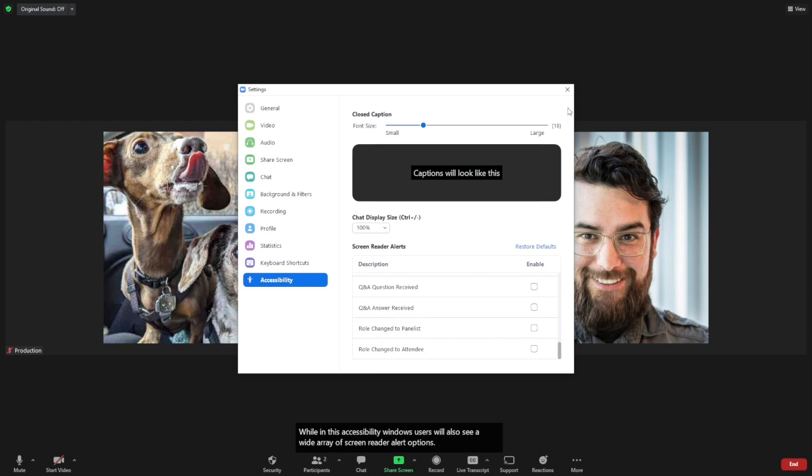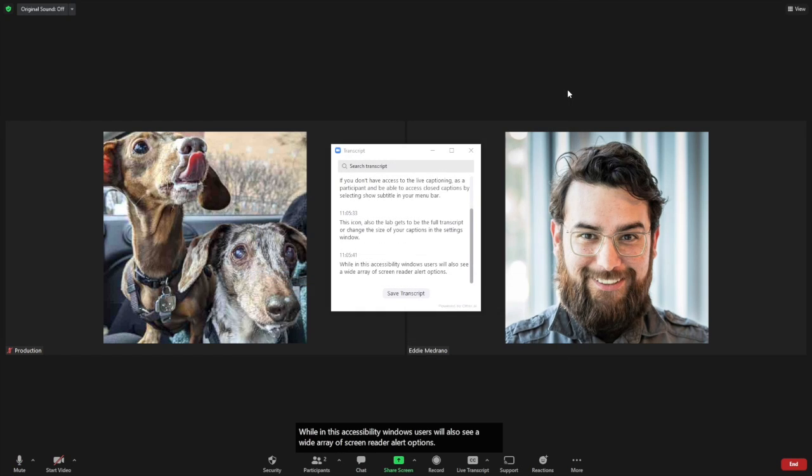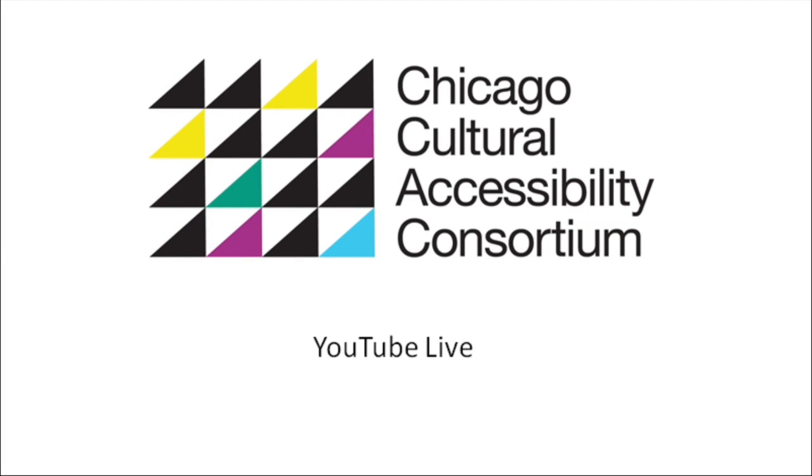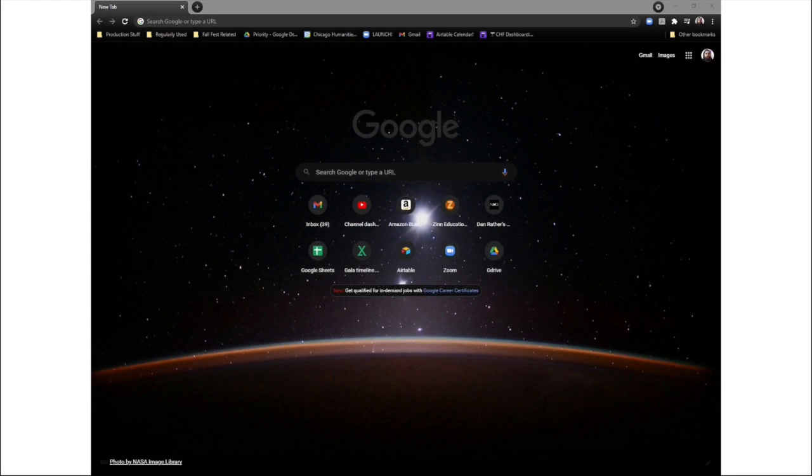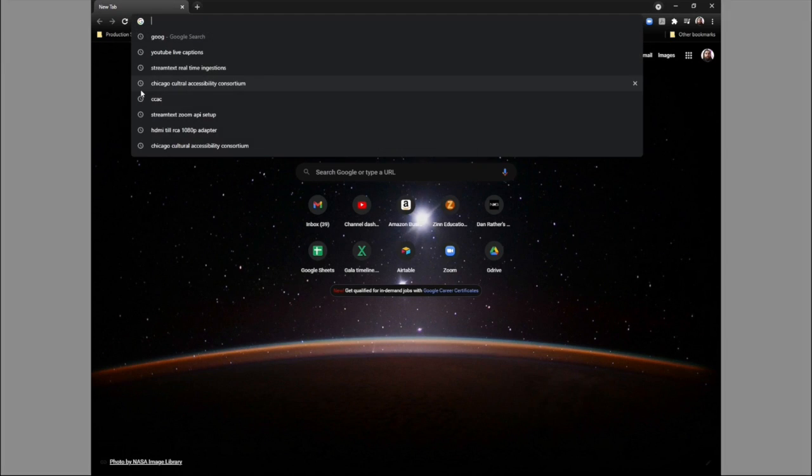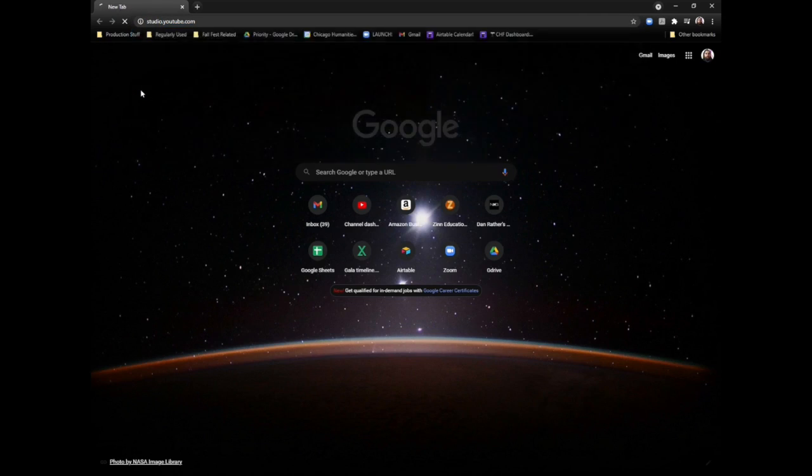Next, we'll discuss how to set up captions for YouTube streams. This is for event producers that might be streaming directly to YouTube or using some type of RTMP software, such as OBS or Wirecast. Depending on your backend setup, you may not want captions embedded into your live feed. If this is the case, you'll want to bypass the previous method and caption directly to YouTube.